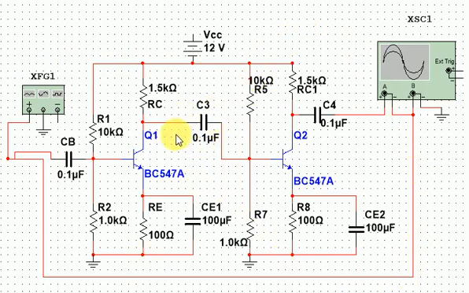The two amplifiers are cascaded. The two stages are connected through a capacitor. What we do here is we feed the output of the first stage into the input of the second stage. So here we have our input capacitor. R1 and R2 are the voltage biasing resistors.